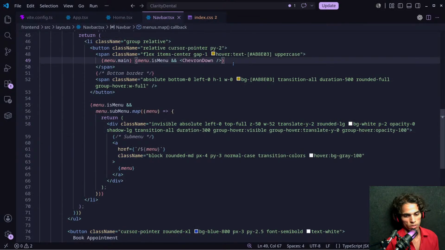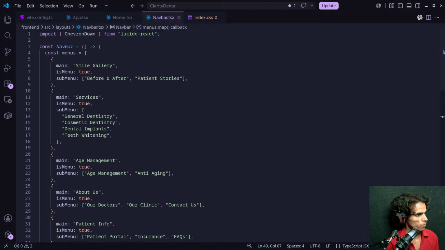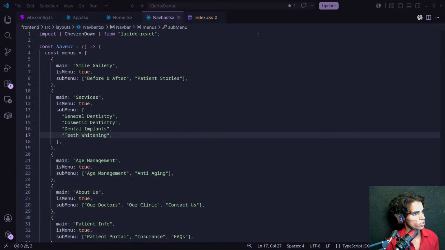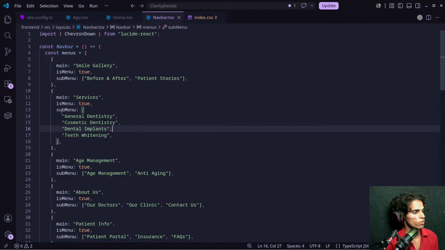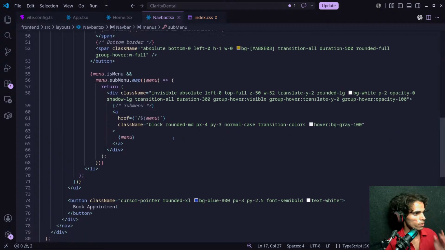Okay, so what is actually the problem? We are seeing patient stories but not before and after, and here we are seeing teeth whitening but not this. So we are only seeing the last value, not all of these. So what we can do is show all of them. Okay, this is the problem.